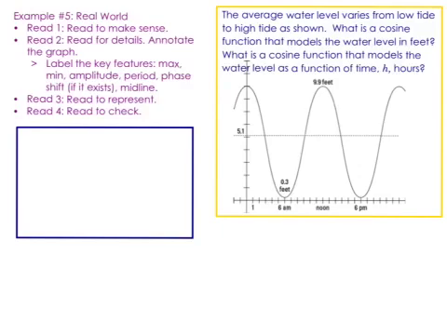So we're going to do just as we have been doing. We're going to be labeling our key features. We see a maximum value here at 9.9 feet. So here's our max. And we see a minimum at 0.3 feet. It also looks like it's drawing for us a midline, but we could always double check that math and make sure they're not just trying to trick us